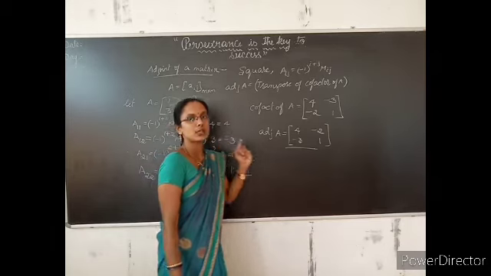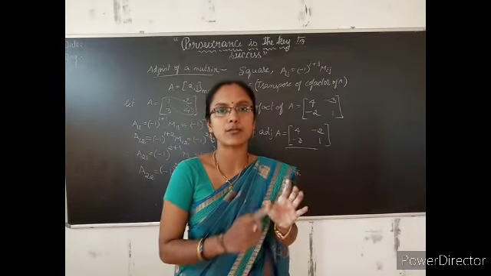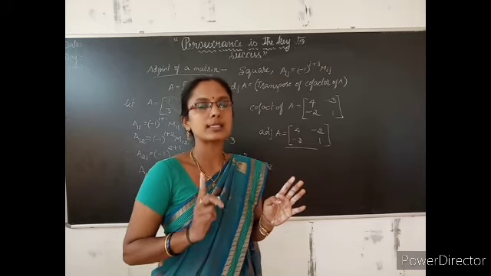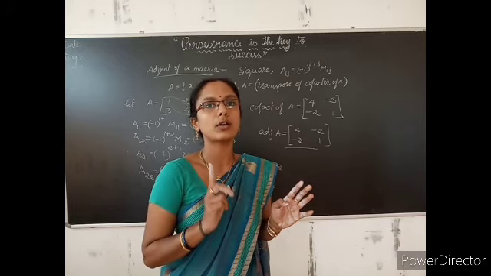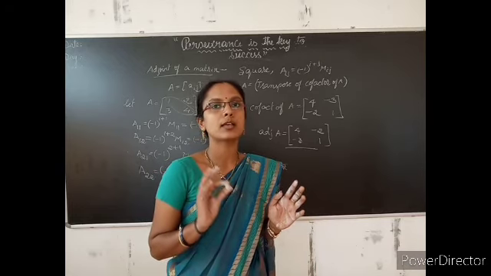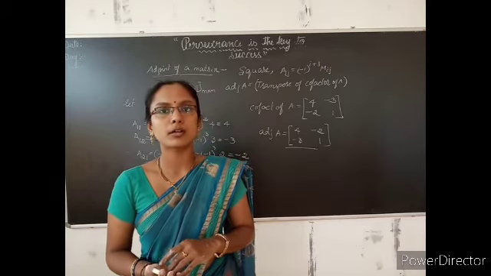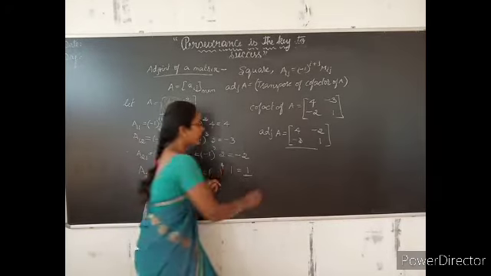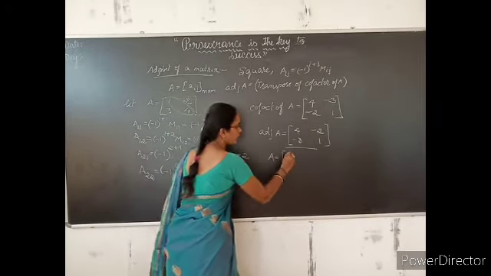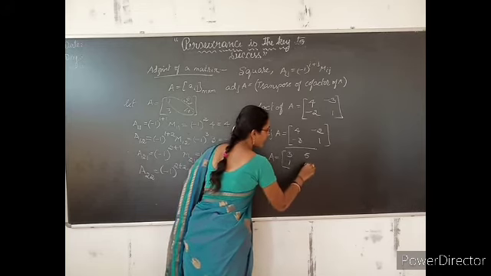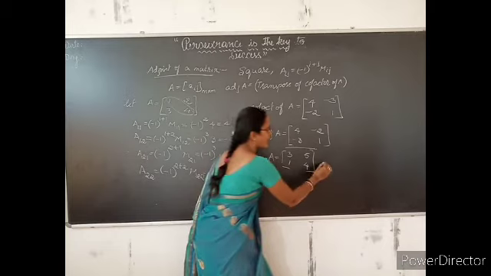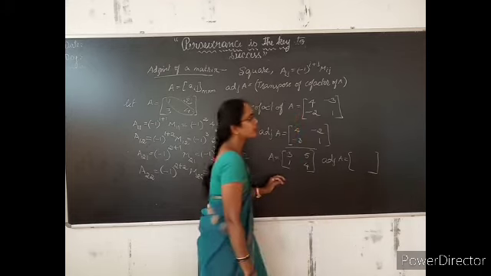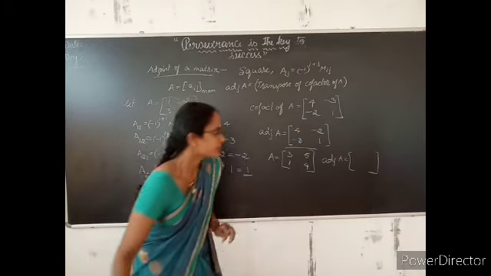So to find the adjoint of a 2 by 2 square matrix, the first thing is interchange the diagonal elements and one more thing is change the sign of non-diagonal elements. So from this we can easily write the adjoint of a matrix. No need to do all these things, directly we can write the adjoint. For example, I will take one more example. A is equal to 3, 5, 1, 4. This is the matrix A. We have to find the adjoint of this 2 by 2 matrix. What is the method to find the adjoint of a 2 by 2 matrix?